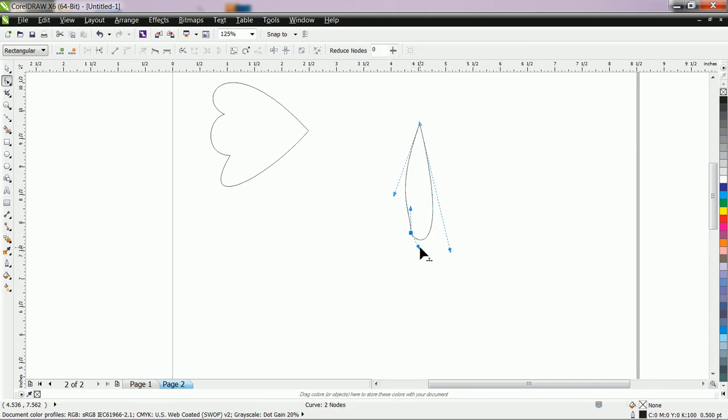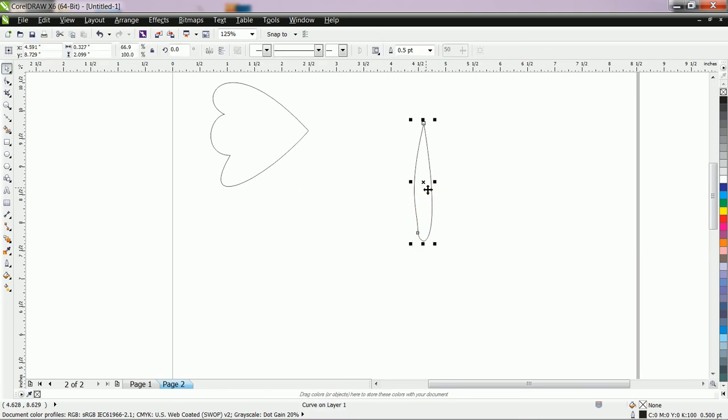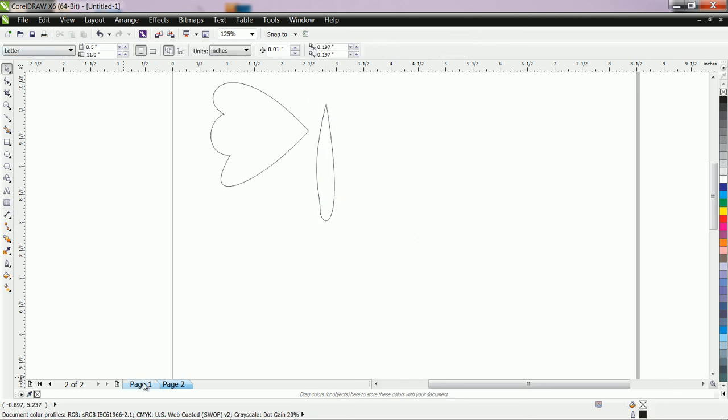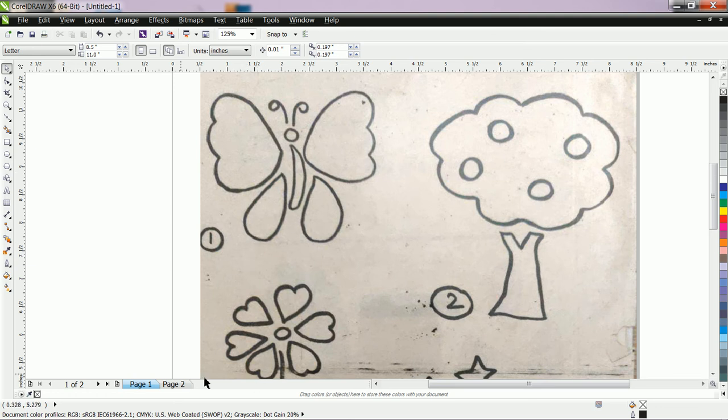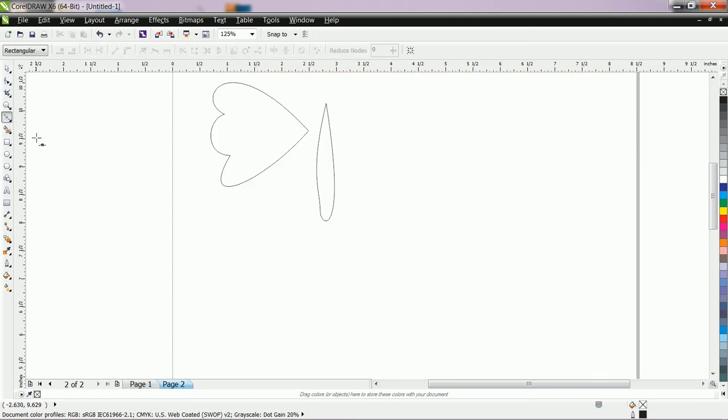But your shape should display a smooth. Okay, now we put this shape here. After that, let us draw this one. Then select the drawing by pick tool. Then select the drawing with the help of shape tool. Convert to curve, and then you can directly delete the nodes.